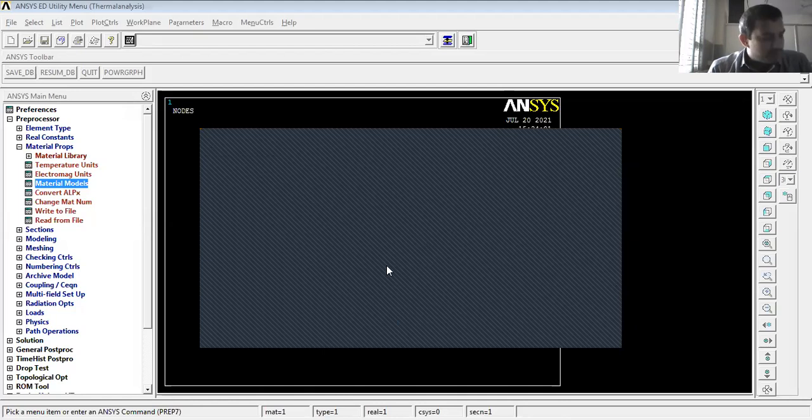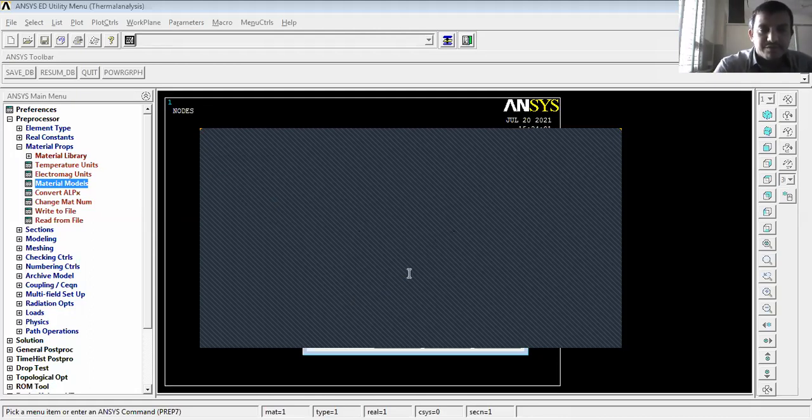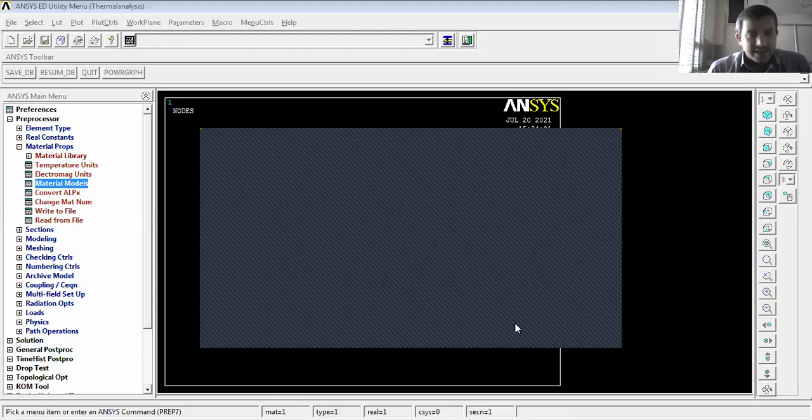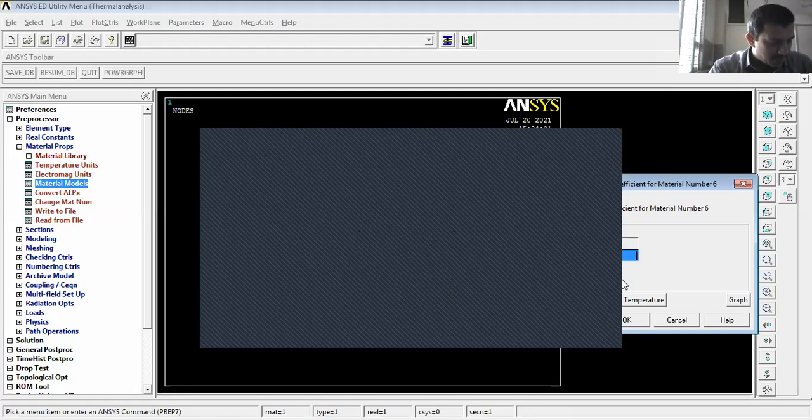Material number four is also a solid material, that is plywood. Its thermal conductivity is 0.115 watt per meter Kelvin. Then material number five is hardboard. The thermal conductivity is 0.215. Then give okay. And the last one, the sixth material, is what? Air again. For air you have to take the convective mode of heat transfer. Now what is the value here? Its value is 10 watt per meter square Kelvin.